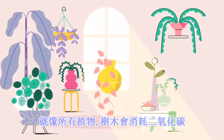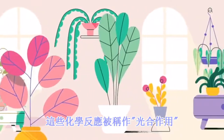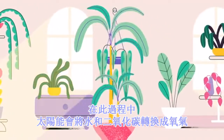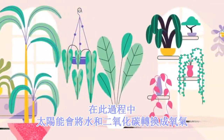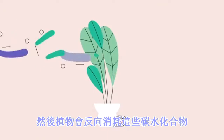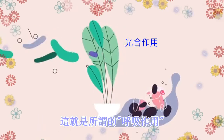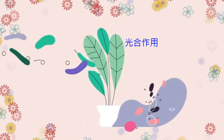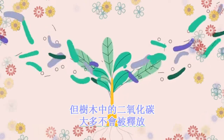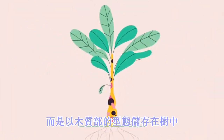Like all plants, trees consume atmospheric carbon through a chemical reaction called photosynthesis. This process uses energy from sunlight to convert water and carbon dioxide into oxygen and energy-storing carbohydrates. Plants then consume these carbohydrates in a reverse process called respiration, converting them to energy and releasing carbon back into the atmosphere. In trees, however, a large portion of that carbon isn't released and instead is stored as newly formed